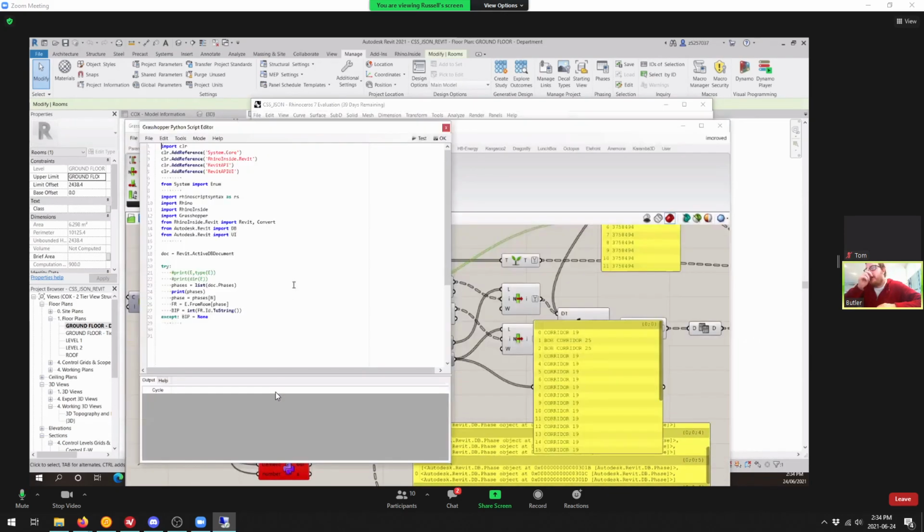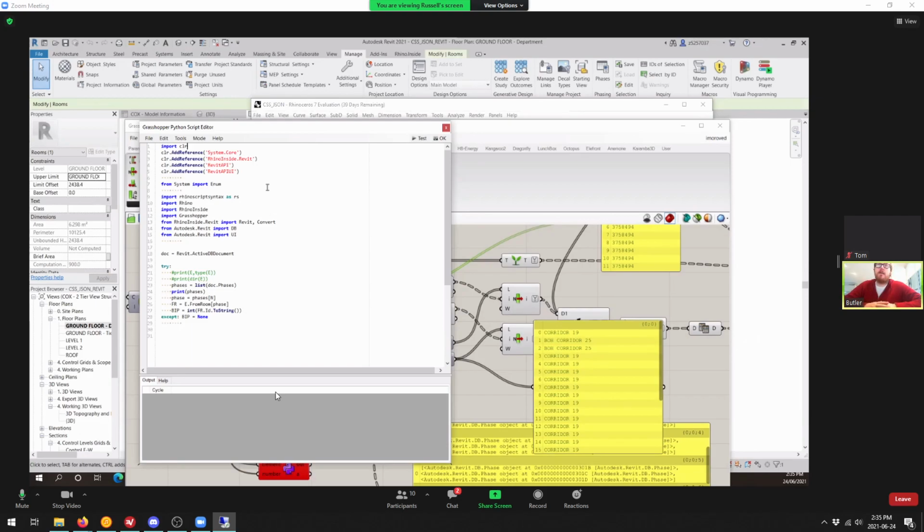this Python code has a whole bunch of imports and various other weird things that you normally don't see in Python. For example, the first thing it does is import the clr library, and then it runs clr.AddReference System.Core, clr.AddReference RevitAPI, and so on. The deal here is that the Python we're using in Rhino and the Python you use in Revit